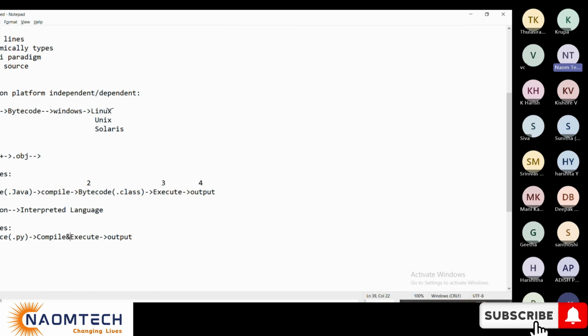Are you following, team friends? So how many stages are there in Python? Just three stages. If it is Java, we have four stages. In Java, there is a separate compilation phase and execution phase. In Python, compilation and execution go hand in hand. These will happen in parallel.